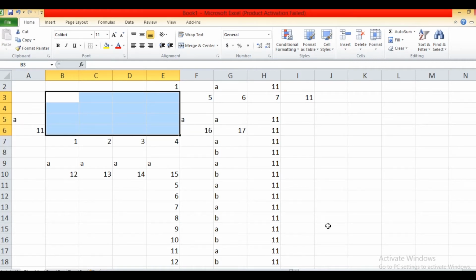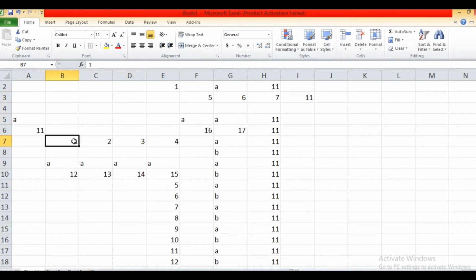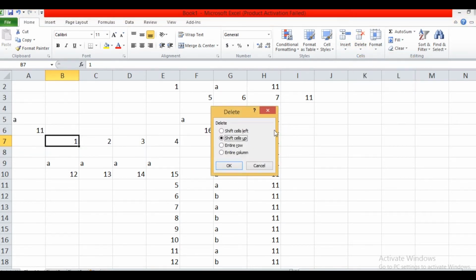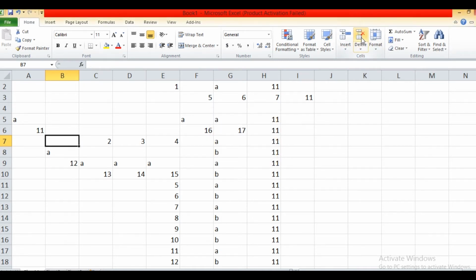Now, deleting cells. I want to delete a cell or a number of cells, you can say a range of cells. For that we are using the delete cells option. Select the cell. Click on the Home tab. From the Home tab, click on the Delete option from the Cells group. Delete cells. You want to delete the cell, click on the Delete option. The cell gets deleted from the worksheet.